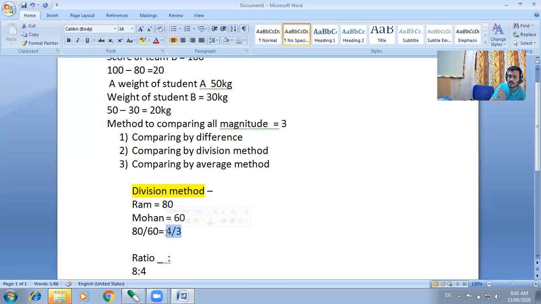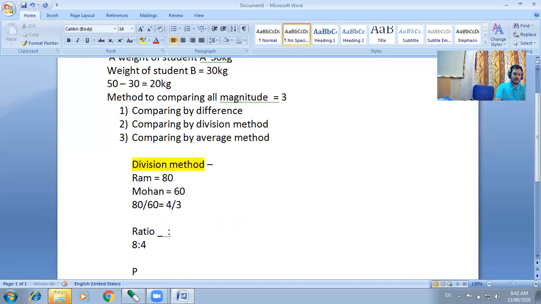So I think everyone understands the definition of ratio: comparison of the same things in the form of division. That is the ratio. But remember the basic requirement for ratio: we can always compare the same magnitude or same quantity, or in other words, things which have the same unit. So move to the next topic, that is percentage.